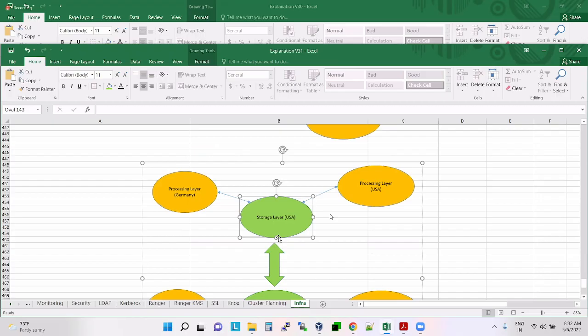Correct? So at night you're not running any jobs. Why do you want processing at night? After 6 p.m., from Germany there are no jobs running on this data. Why do you want processing there?